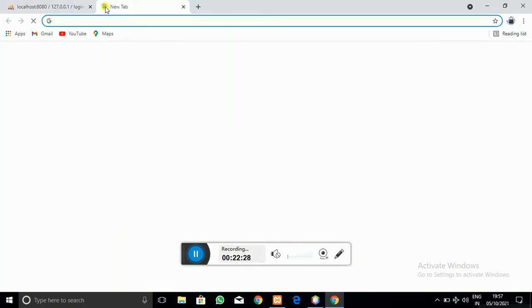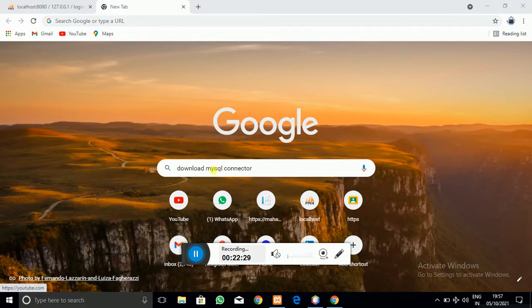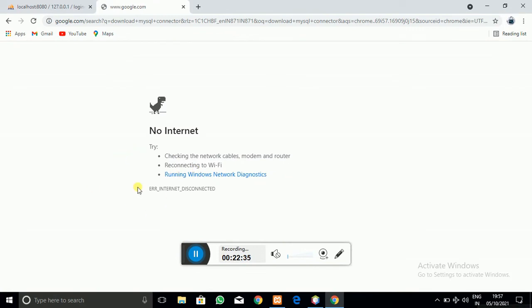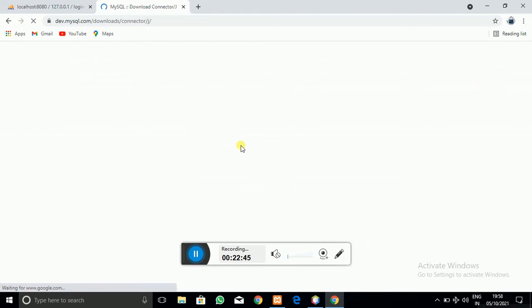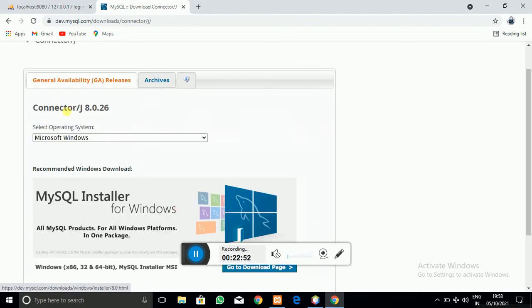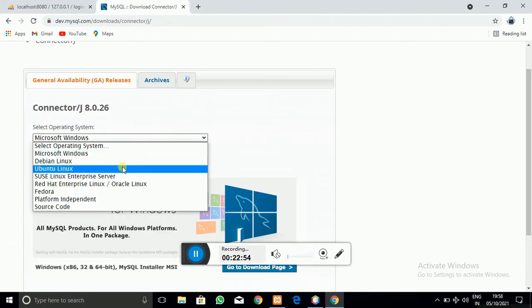So let's go to the internet, go to Google, and search for download MySQL connector. We will get a website, and we have to download it from that website. Don't worry, I will put the link in the description so that it will be easy.